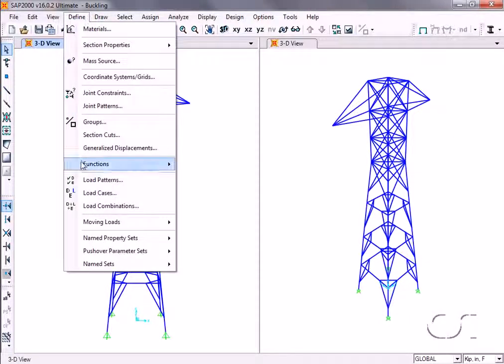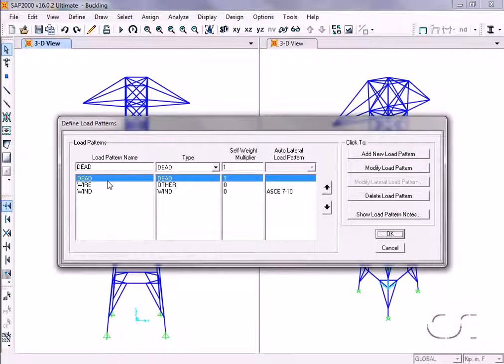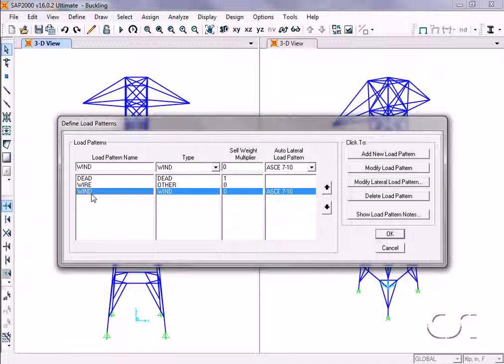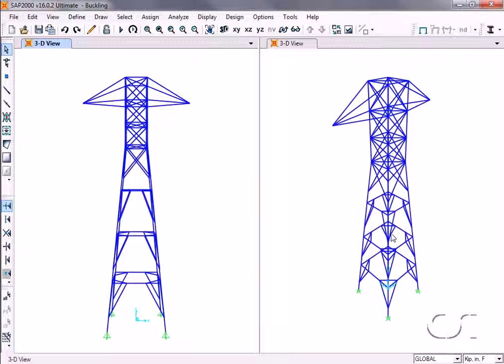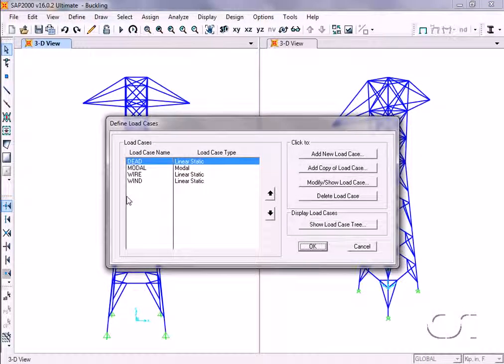For this model, we have defined three load patterns: the dead load, which includes the self-weight of the tower; the wire load, that is, the load from the wire spanning between towers; and the wind load. The key to obtaining the buckling factors and modes is the creation of a buckling load case. However, before we create a buckling load case,